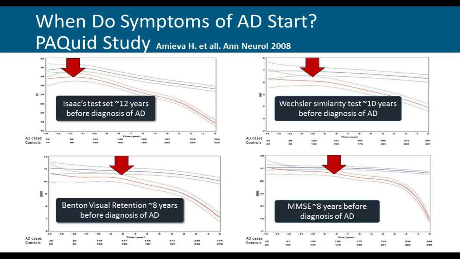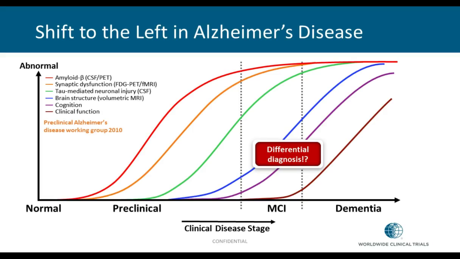So you can see here that basically some tests like Isaac tests or Wechsler similarity tests are distinguishing patients, healthy volunteers, among people who will develop Alzheimer's disease later on. So practically 10 years earlier, before diagnosis, we basically have some instruments to identify these patients. However, these patients have no spontaneous memory impairment, and that's why they are not coming to see their physicians very often. However, due to this early recognition of some symptoms and signs,